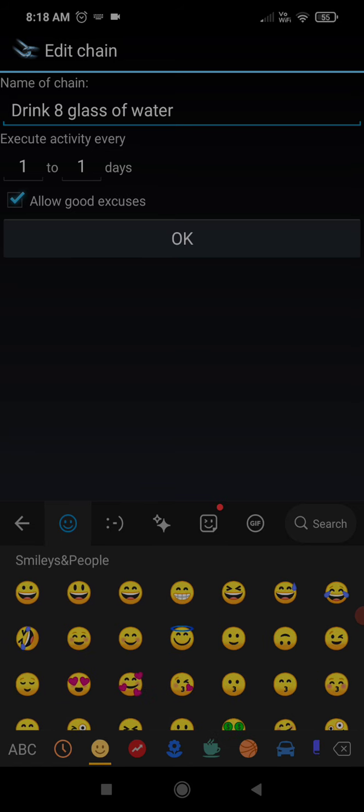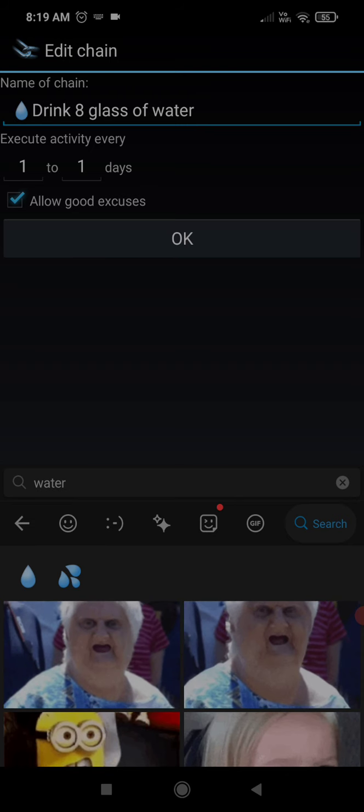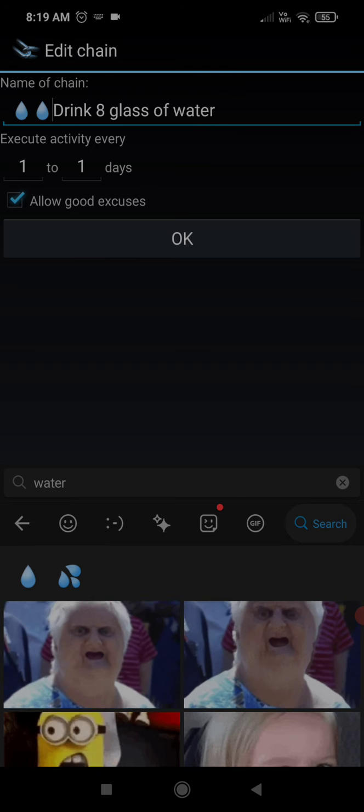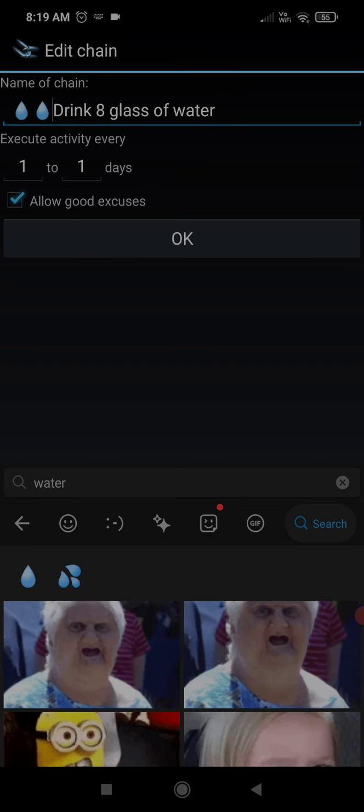Yeah, so these are the emojis. This is good. Drink 8 glass of water.